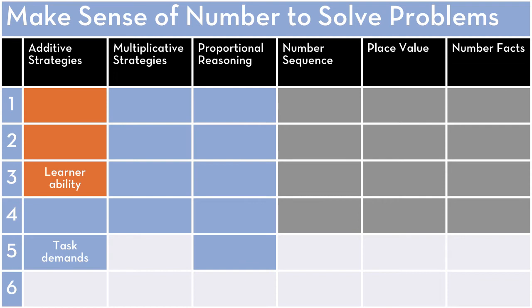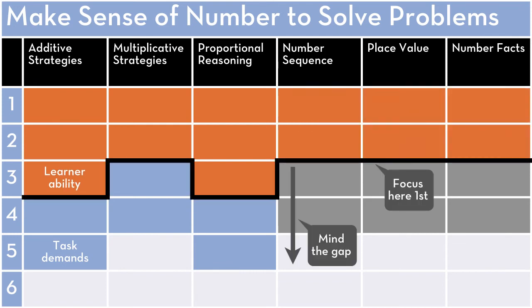Now, that judgment might be informed by other information. For example, if you have diagnostic information from your own assessments or from the TEC's assessment tool, that's going to help you make these judgments and decisions. But here you can see I've mapped my task at step 5, I've mapped my learner at step 3, and I can also go across the rest of the progressions and work out roughly what the difference is for a particular strand,